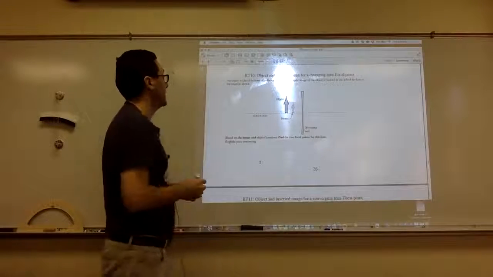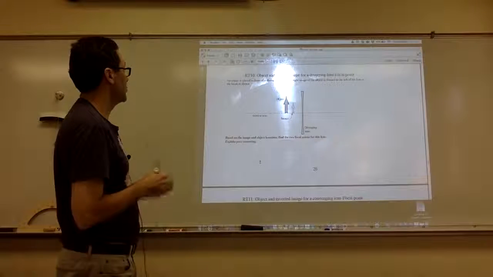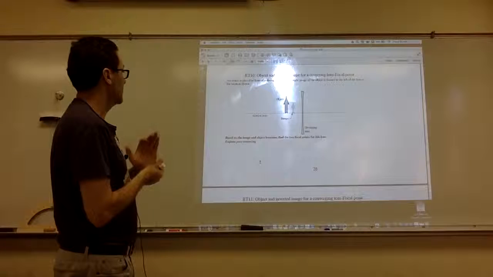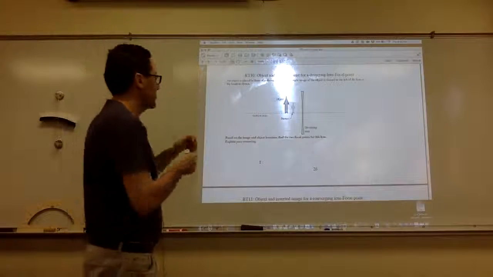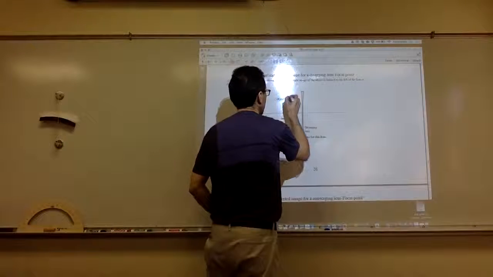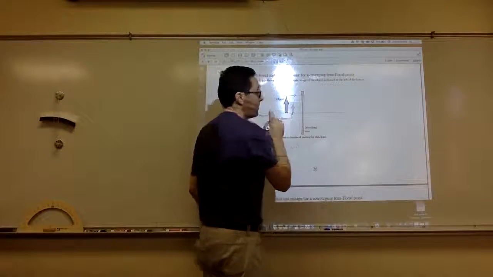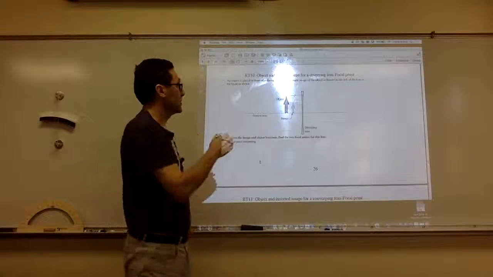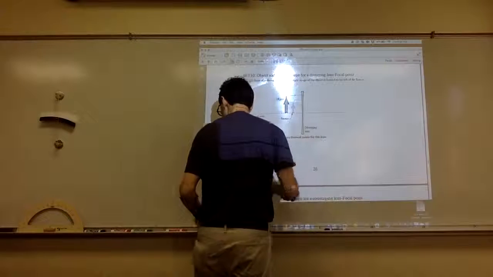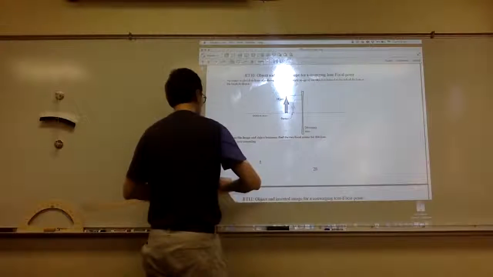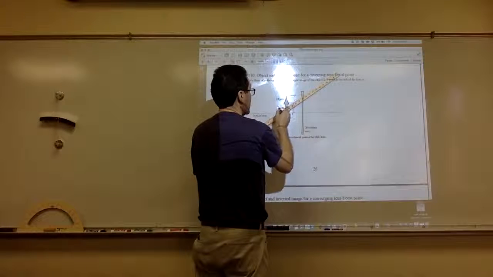Okay. RT10. Object. All right, so this is a diverging lens. Based on the image of the object, find the two focal points. So basically, the way we're going to do this is that if we come parallel from here, now this is a diverging lens, which means the light does not come together, it spreads out. Now how does it spread out? Well, it spreads out as if it's coming from the focal point on this side, and it has to go